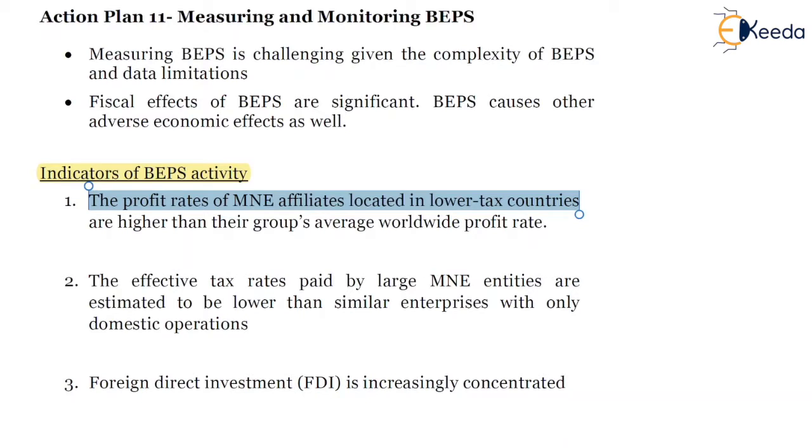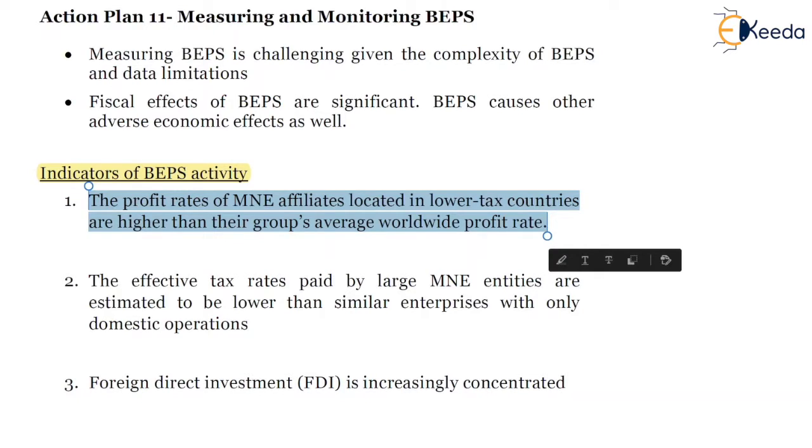So the profit rate of the entity in the lower tax country is higher than their group's average worldwide profit rate, meaning the entity which is part of the M&E affiliate and which is in the tax haven country, it is observed that the profit rate of such entity is higher than the average of the overall profit rate of the M&E group,